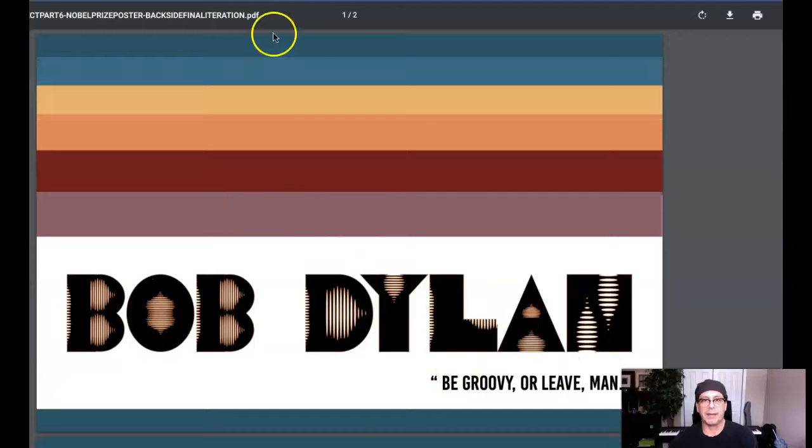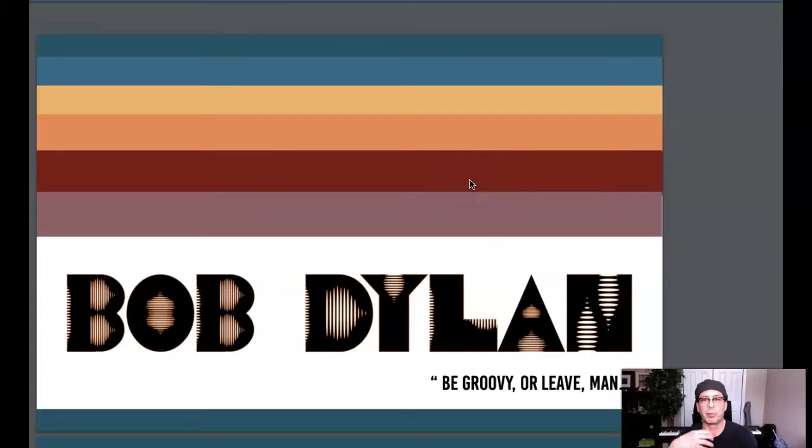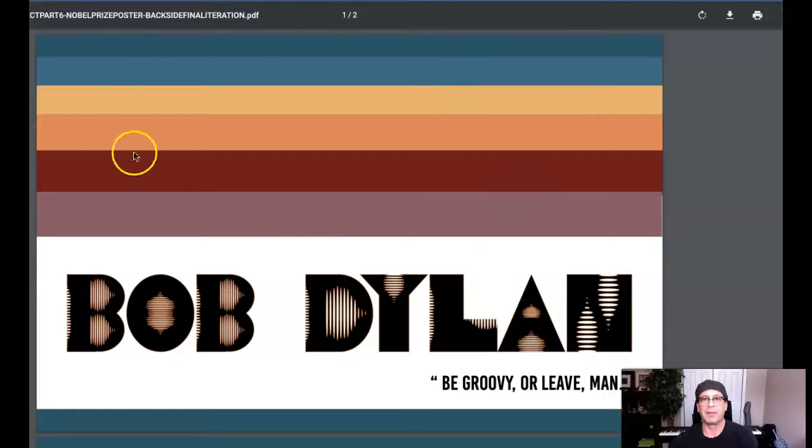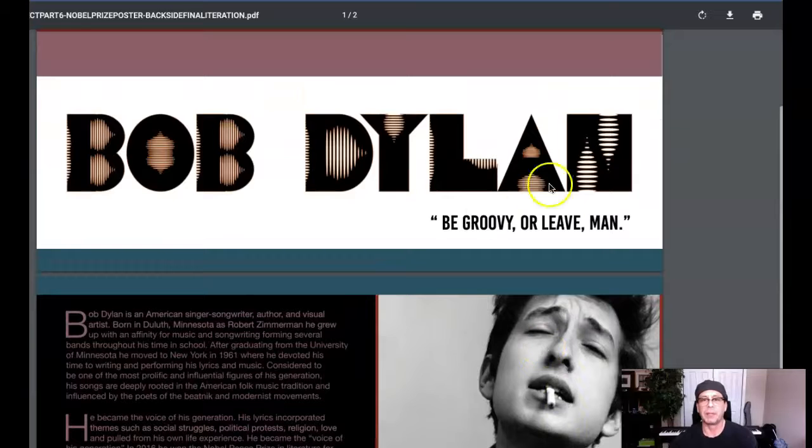Okay, so I think this is too much. I do. I think this color right here is just too much. It's overtaking the composition. I think the viewer has a propensity to kind of lose the fact that these are sound waves inside the letters based on the visual weight of this. This is just stealing all of the hierarchy away from the title page. I love this, as I had mentioned, but I think that we could use a